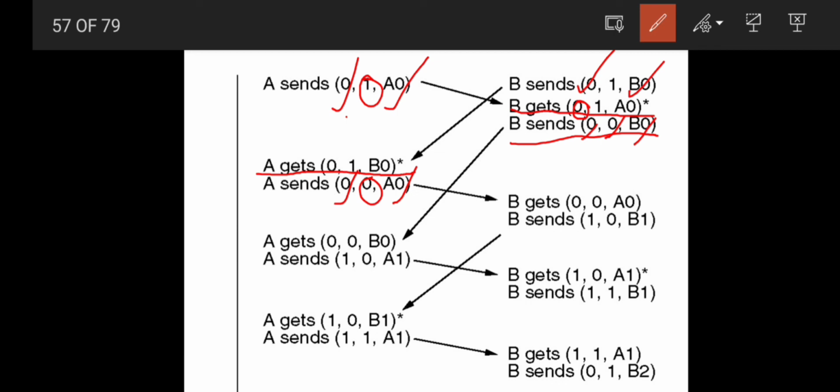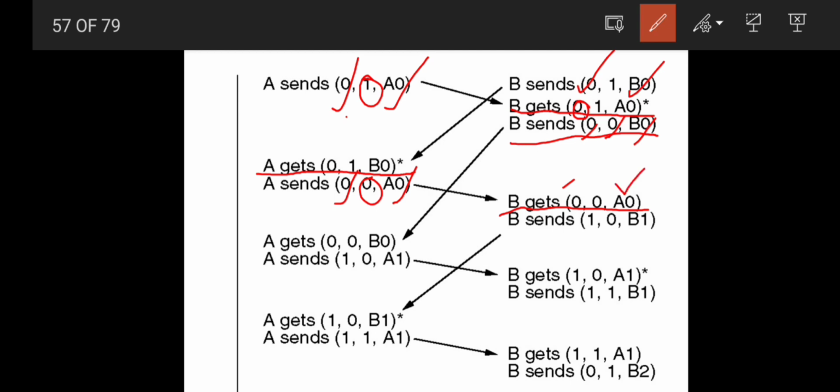After some time, B receives this frame. So it will check the sequence number. Actually, B is expecting frame 1 from A because frame 0 has already been acknowledged by machine B, right? So it is actually expecting frame 1, but the received one has sequence number 0. That means this is a duplicate one, so it will simply reject it.